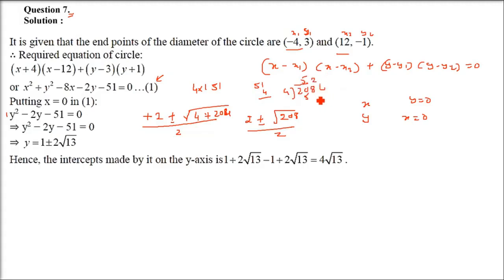So I'm just trying to devise how we get this. So it's 52 into 4. 52 can again be written as 4 into 13. So whatever can come outside the root, we are going to put in here. So this is 208. Let me tell you again, 208, we can write it as 52 into 4.